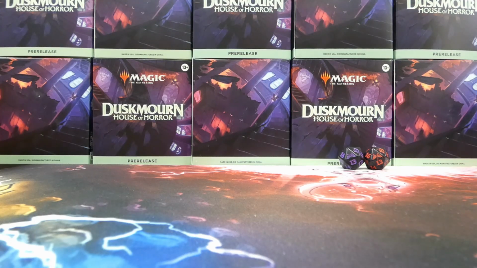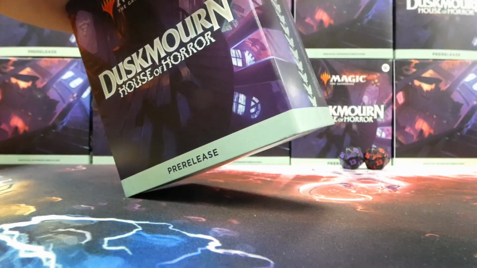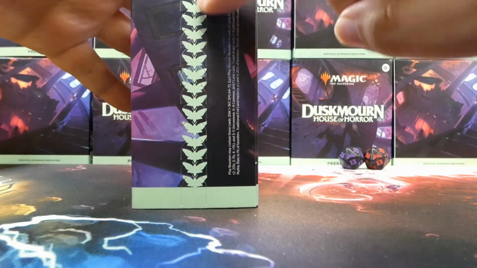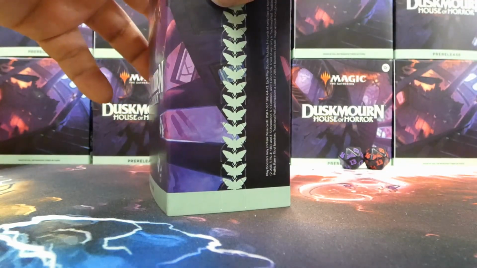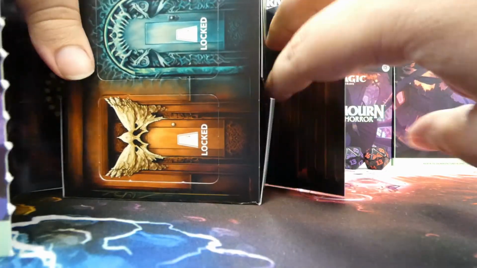Plus, we got a Wandering Rescuer, which is really nice. I like that quite a bit. Which means our third and final pre-release kit for this video. Oh, I didn't even notice that there are moths all the way down the side. I guess I opened it too quickly before. But we've got...